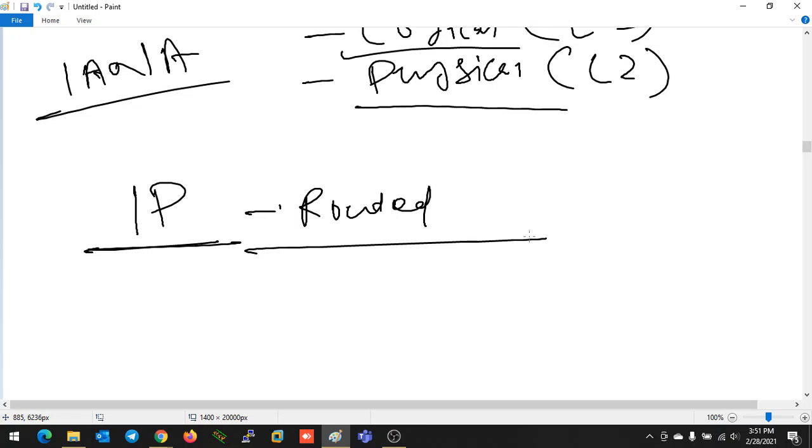Okay, in routing we will get to know what is routed and what is routing protocol. So IP is a routed protocol, or you can say IP is a layer 3 protocol which is working in the network layer. So in IP, we need some logical address to identify a source and destination. If I want to send some data to you, I should have a destination. If I don't know where you are staying, what is your address, how can I send a letter to you?